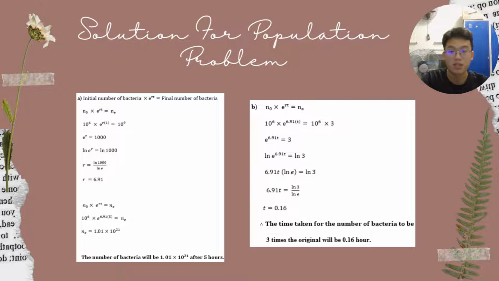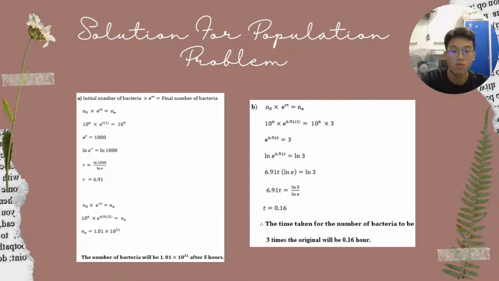10 to the power of 6 times e to the power of 6.91t is equal to 10 to the power of 6 times 3. So e to the power of 6.91t is equal to 3. Then same, we add the ln to both sides. 6.91t times ln e is equal to ln 3, so 6.91t is equal to ln 3 over ln e. Therefore, we can get that the time taken for the number of bacteria to be 3 times the original